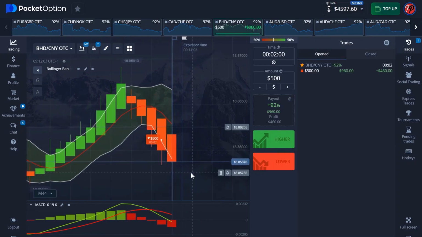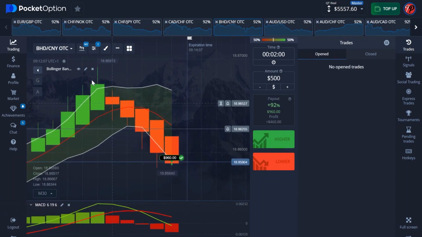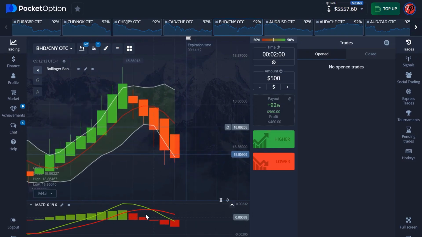This is actually a good one. We're in the money on that. So guys, like I said earlier on, this is one of the best moments of this strategy. So make sure that the intersection of your MACD newly happened. Make sure that they just intersect, and the candlestick you're placing your trade on must